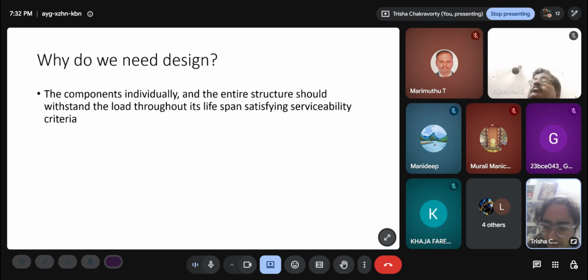So every structure when we make it has a lifespan associated with it. And after the lifespan is exhausted, it doesn't mean that we have to destroy the building and make it again, but it means that you have to put the structure through a major proper structural health monitoring study, and you might need major repair. So you have to hire someone, a consultant for that.